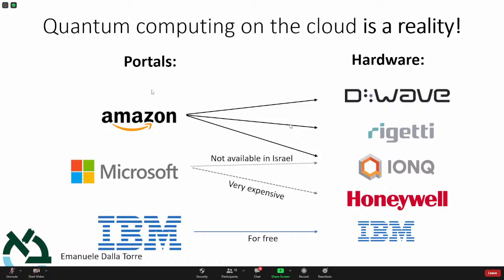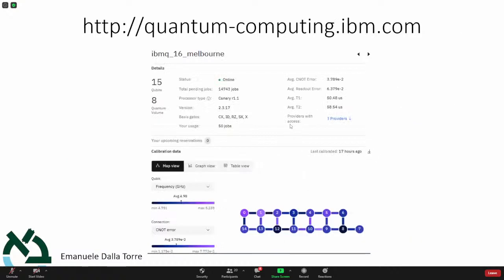The largest portals are Amazon and Microsoft, which do not have quantum computers of their own. I know that Amazon and Microsoft are working on building one, but for the moment they don't have a quantum computer of their own, but they allow you to connect to quantum computers. And there are two main types of quantum computers, superconducting and ion quantum computers. We'll mention that later on. But for the moment, it's just important to understand who is offering a service, which is just a portal or software, we would say, and who is offering the hardware. These are the main names, and I think that in the next few months, probably more names will be added.